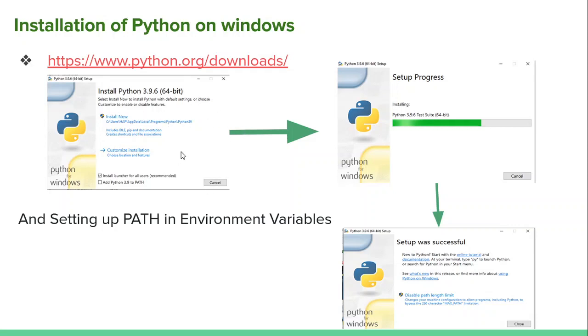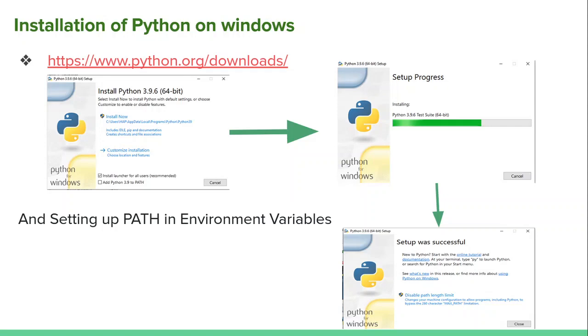So you can simply click on next and after that it will start installing Python, and once the installation is completed you will get a window like "Setup was successful", and you can simply click on the Close button and close the window, right? Once we have downloaded and installed Python, the next step is setting up the environment variable, right?